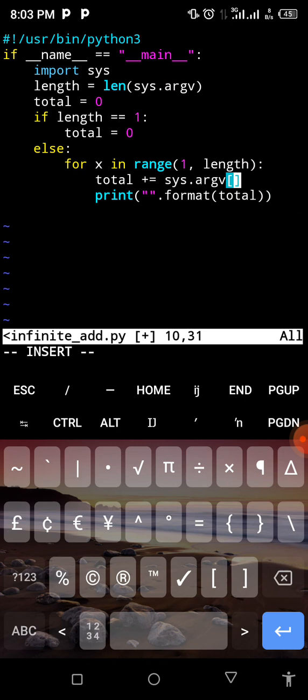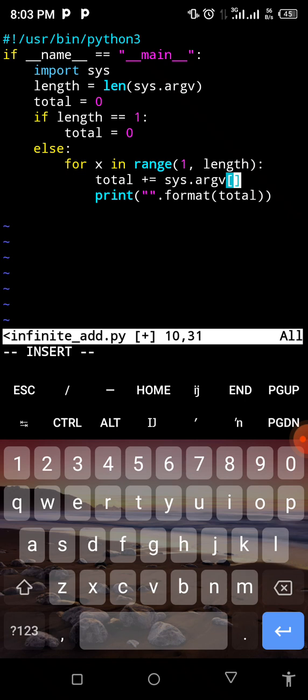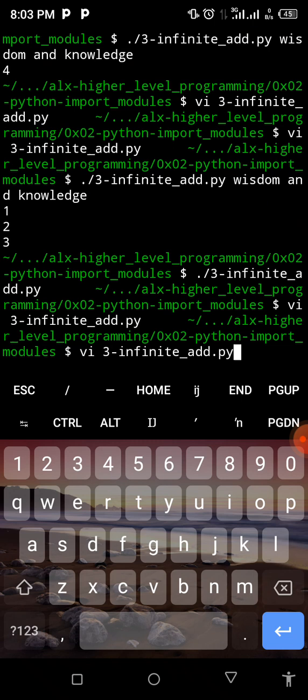A square bracket. You can understand? So putting that in a square bracket will access the individual argument I've provided there. So if I come in and pass x there, just like that, and I run that